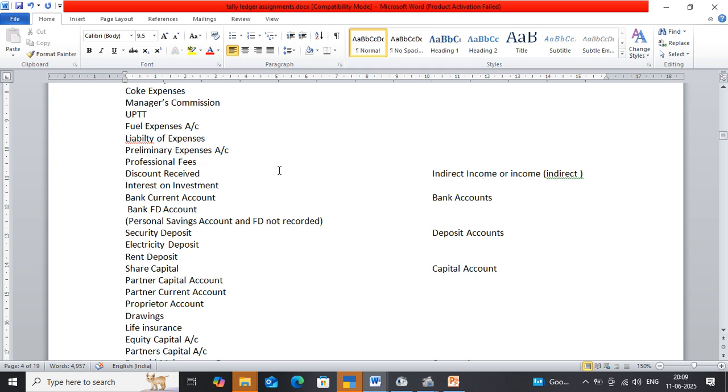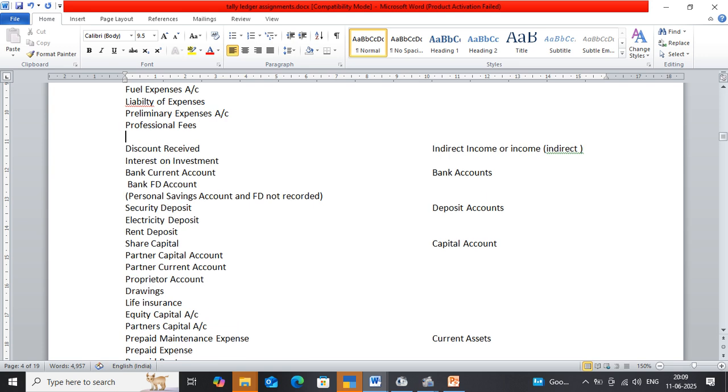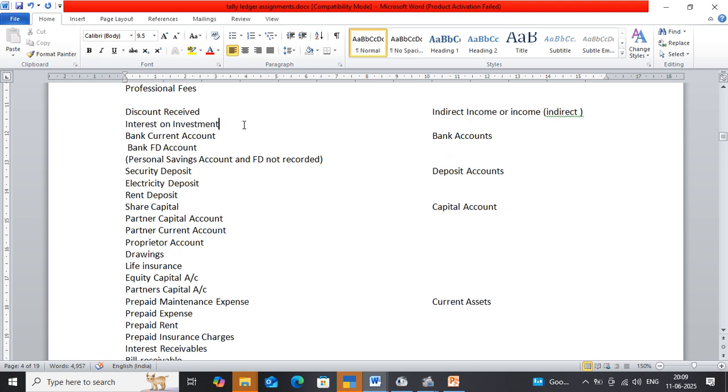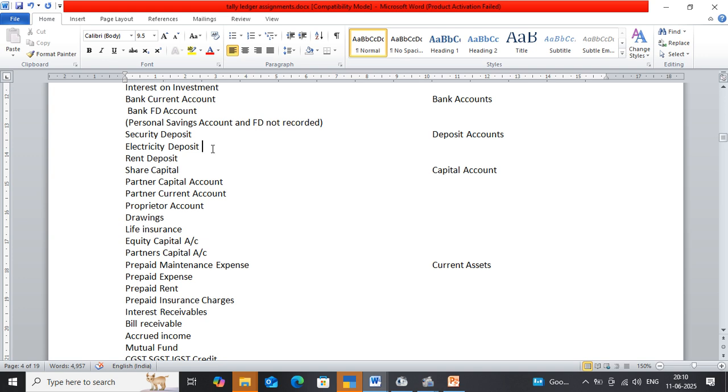Next comes discount received. It comes under the indirect income. Interest on investment; bank current account comes under the bank account, bank FD comes under the bank account, personal savings account and FD not recorded. Security deposit comes under the deposit account, electricity deposit account, rent deposit comes under the deposit accounts,